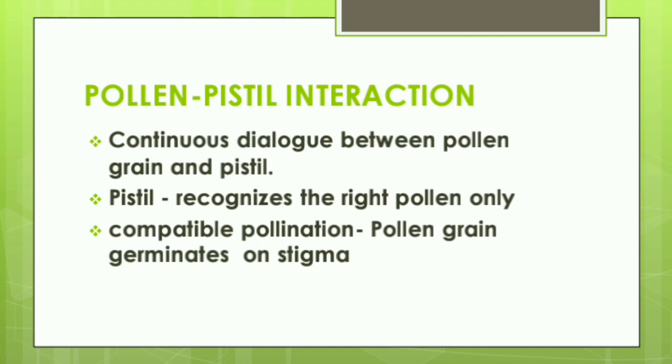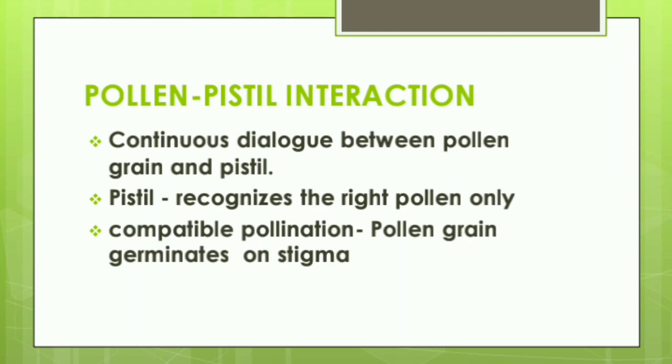As discussed earlier, following compatible pollination, the pollen grain germinates on the stigma to produce a pollen tube through one of the germ pores. Now the contents of the pollen grain move into the pollen tube. The pollen tube grows through the tissues of the stigma and style and reaches the ovary. You have also learnt it in your class 11 standard. I hope you can remember it. If you can't, just have a quick revision.